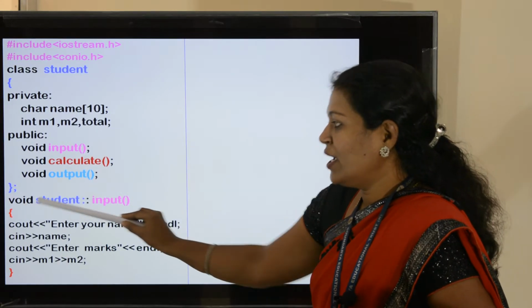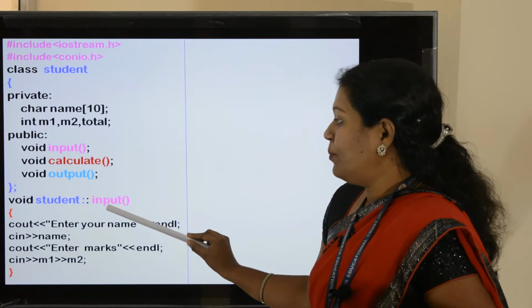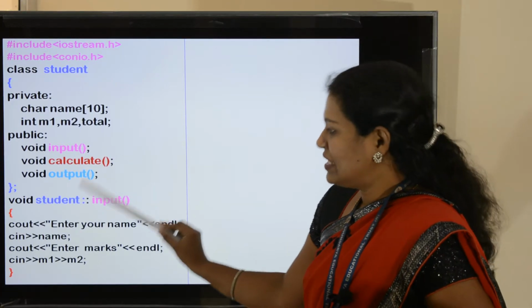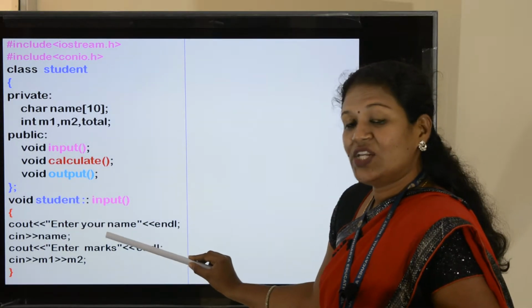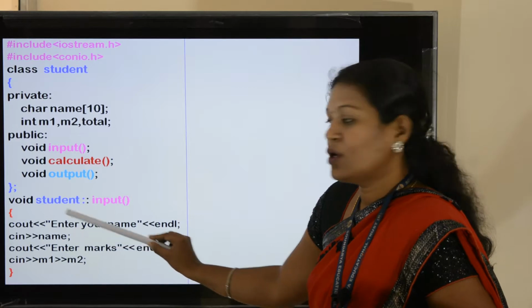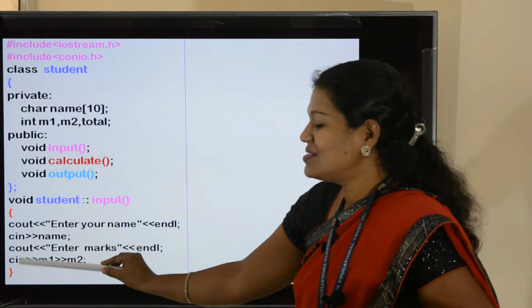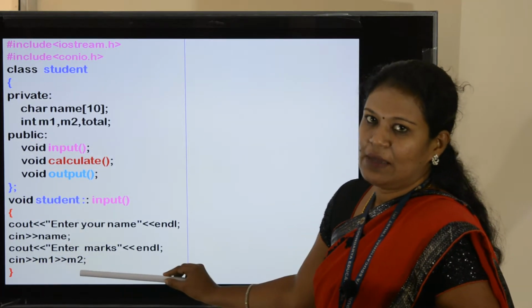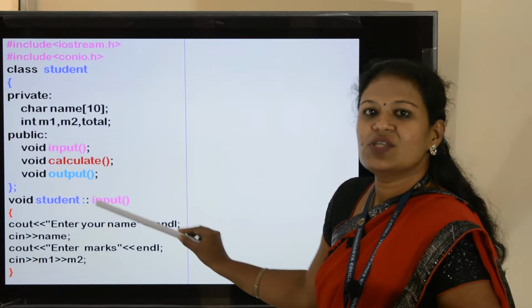So void student scope resolution operator input function. Within this, open the flower bracket, cout enter your name. Next, cin name. Next, cout enter marks. Next, cin m1, m2. So with this, our input function is over.